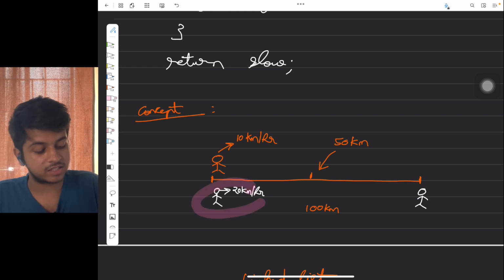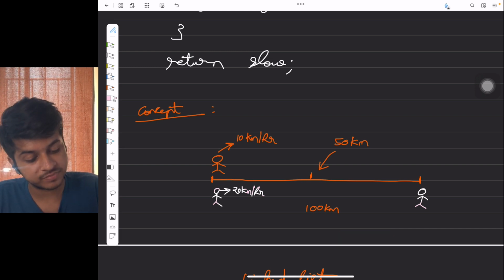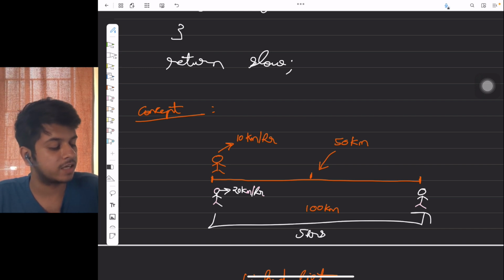So this guy is faster, so he runs at a faster speed. So this guy will reach over here within 5 hours, and the moment he reaches over here, he will say, hey,